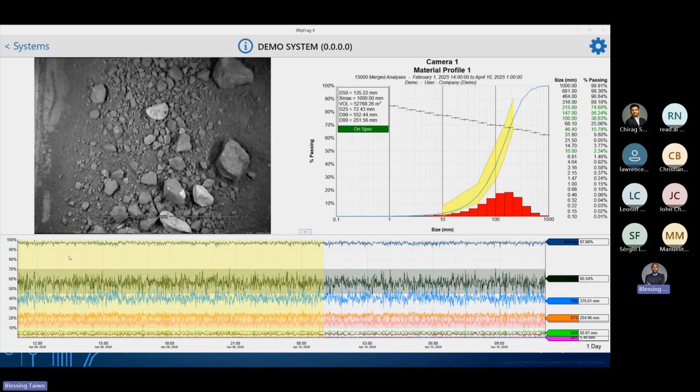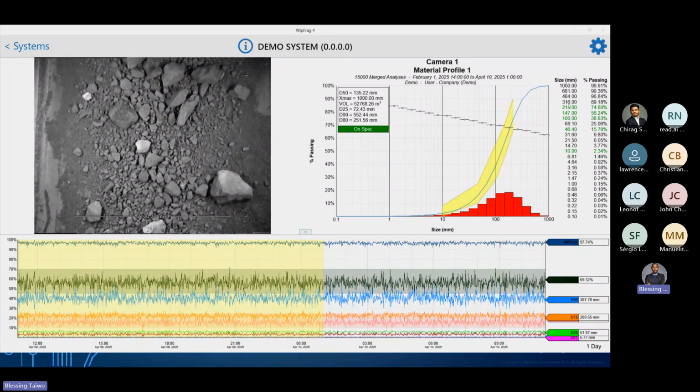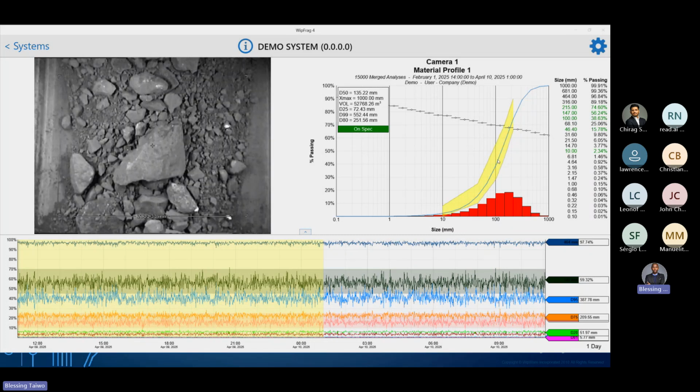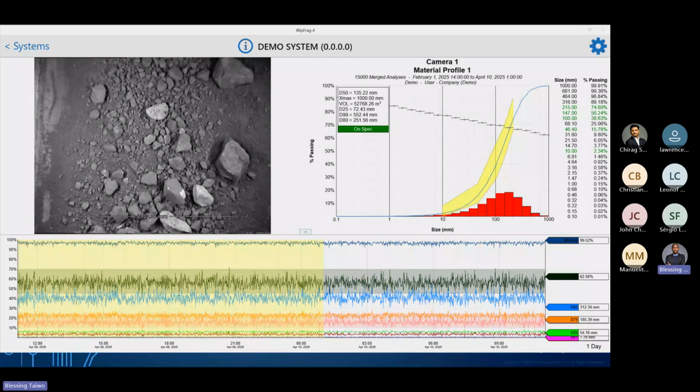So the system is going to merge all the pictures, hundreds of pictures that have been taken within the month, and it's going to give you a particle size distribution curve of the material, showing the sizes and a summary, and whether it's missing your specification. In this case, if the material is not meeting your specification, the system can communicate to you. It can send you a report through your mobile phone or also through your control system on site.